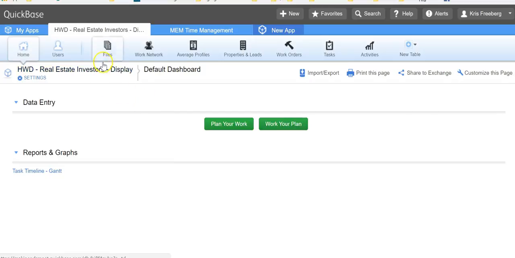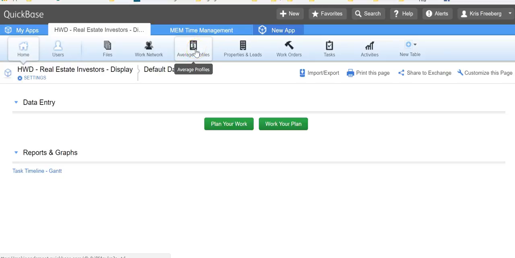In this app, we have 1, 2, 3, 4, 5, 6, 7 tables. Okay, so we have tables that manage files, that is, computer files, spreadsheets, and documents, PDFs, contracts, and stuff like that. Network. That's the N in CTN. This is your team, keeping track of them. Profiles. This is